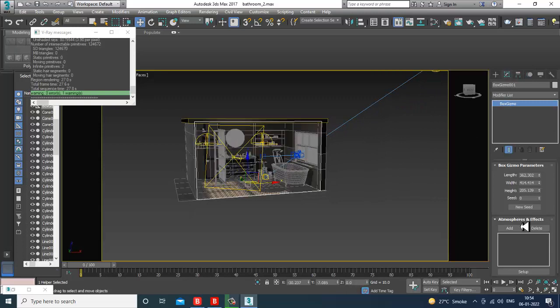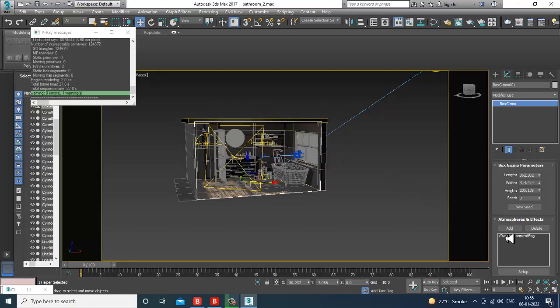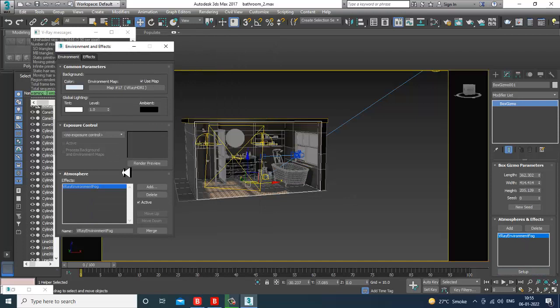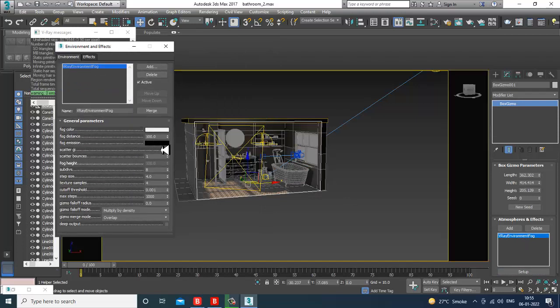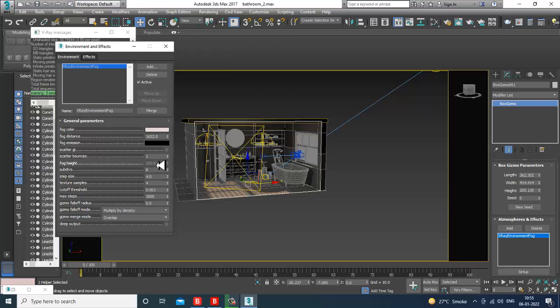Go into this atmospheric apparatus and I'll go into this V-Ray environmental fog. I'll go into the setup over here. I'll go down. I can increase this fog distance. I can change the color of fog. Scatter bounces, I can increase it.